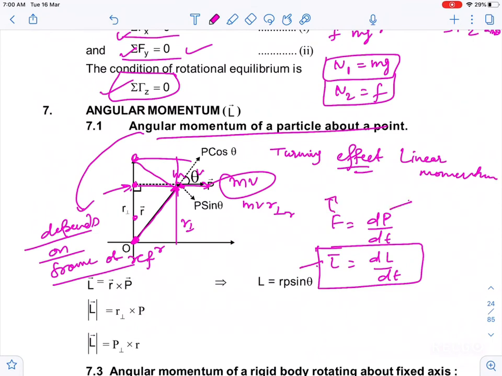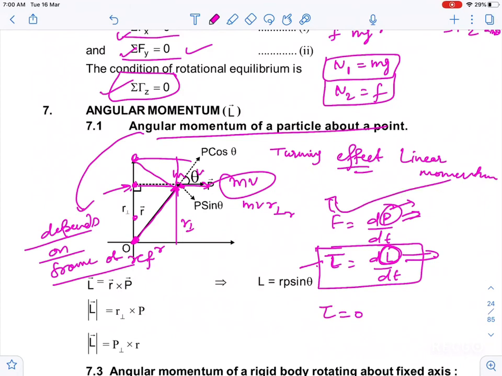Now guys, if there is no external force on the system, I can say that linear momentum remains conserved. If there is no external torque, angular momentum remains conserved, because you know that the differentiation of a constant is only 0. So angular momentum remains conserved if there is no external torque acting on the body. Linear momentum remains conserved when no external force acts. This is the principle of conservation of momentum also.